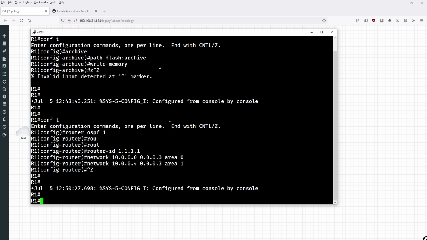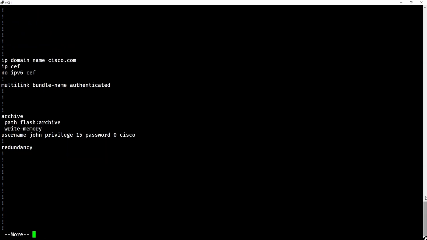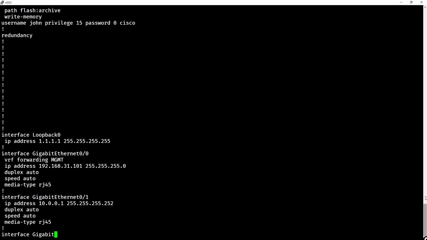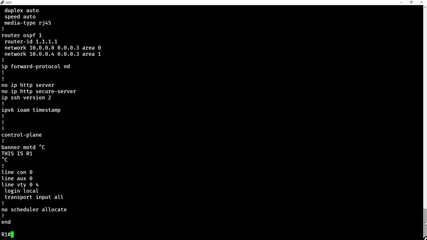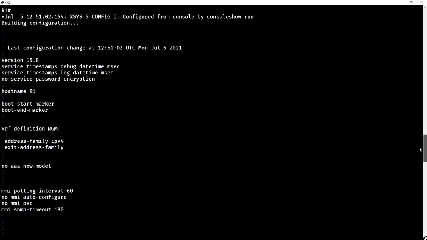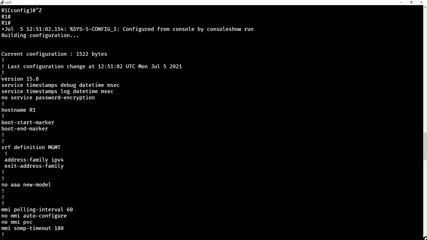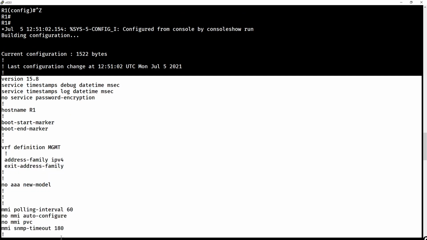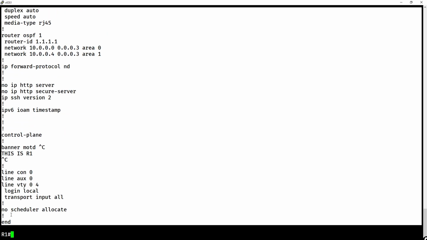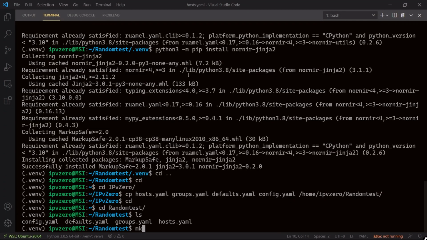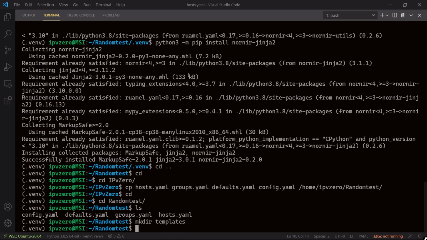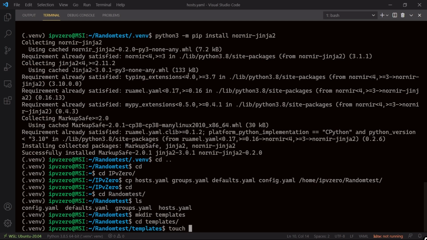What I'm going to do right now is just say show run. Okay, so if I just full screen this, and I scroll on down, what I'm going to do here is copy the configuration starting from the version here, okay? So I'm going to grab this all the way down to the very bottom, down to end, and I'm just going to copy this. Okay, so what I'm going to do here is make a directory called templates, and I'll cd into this directory, and I'll create a file called